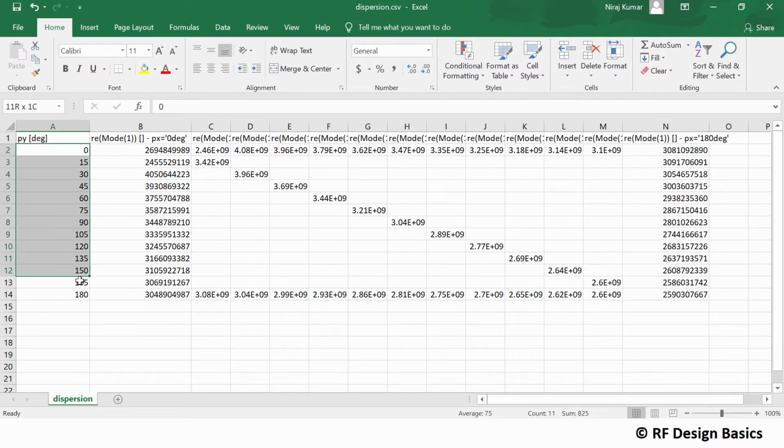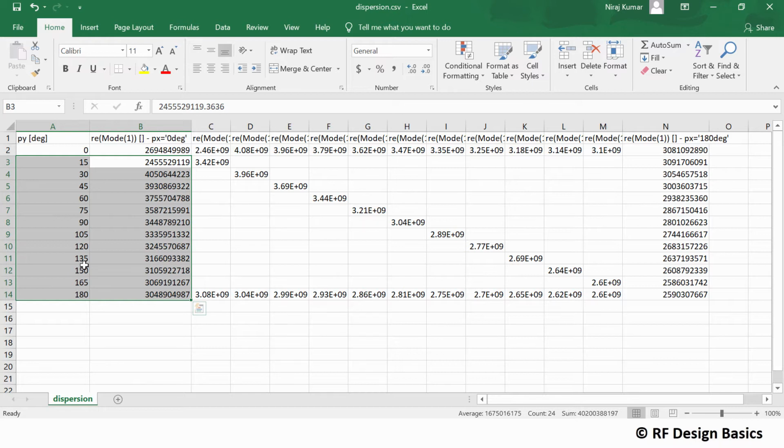Actually you won't get these values if we just change the simulation setup initially to px 180 degree and py 0. Since I have already taken that case also, that's why I have got so much data, but I don't have to bother about this data. I don't need this data. That means I don't need the data of when py is 15 and px is 0. When px is 0, for that case we don't need any data of py. Okay, so I am just deleting this.